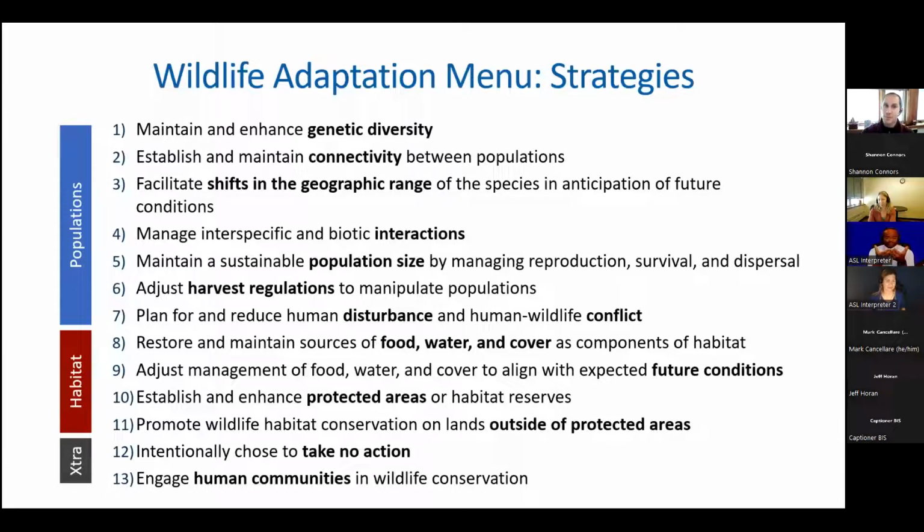But there are also situations where species movement is justified and makes sense, and opportunities to do it. So yes. And again, we don't play favorites here. So some of those ideas we are certain are controversial. We try to give them equal footing and equal explanation in this menu.